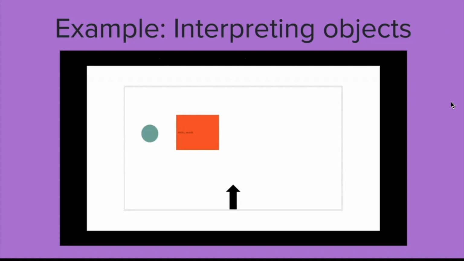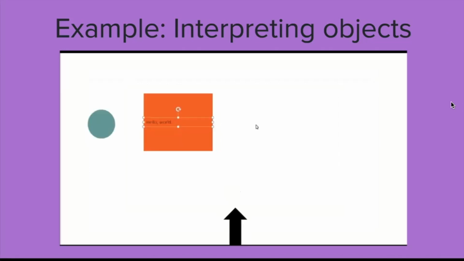The artboard has a green circle next to a red rectangle with the words Hello World on it, and to the right of them on the bottom edge of the artboard is a black arrow pointing up. Text frame hello, world. Right arrow. Rectangle obscured. Oval. 164 points from top slide edge, 297 points from bottom slide edge.